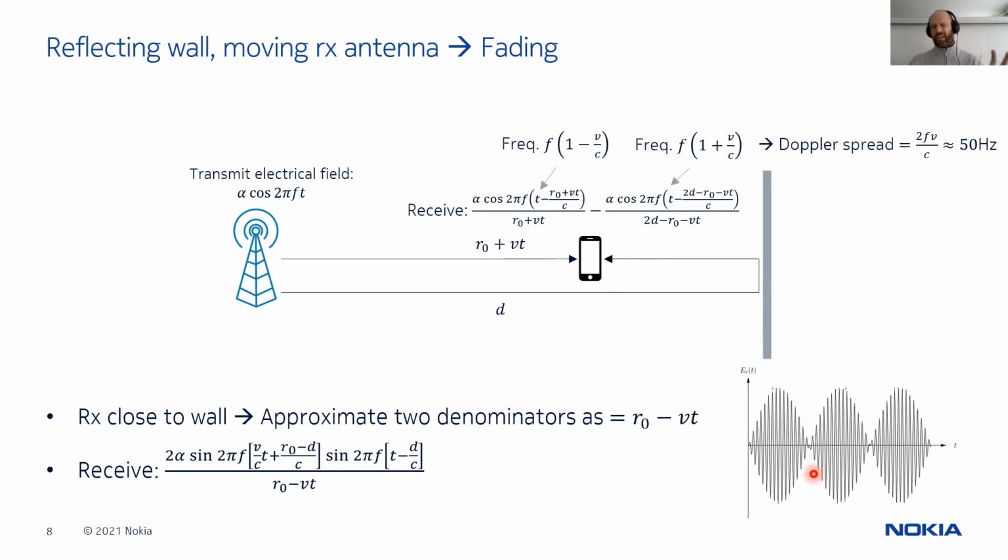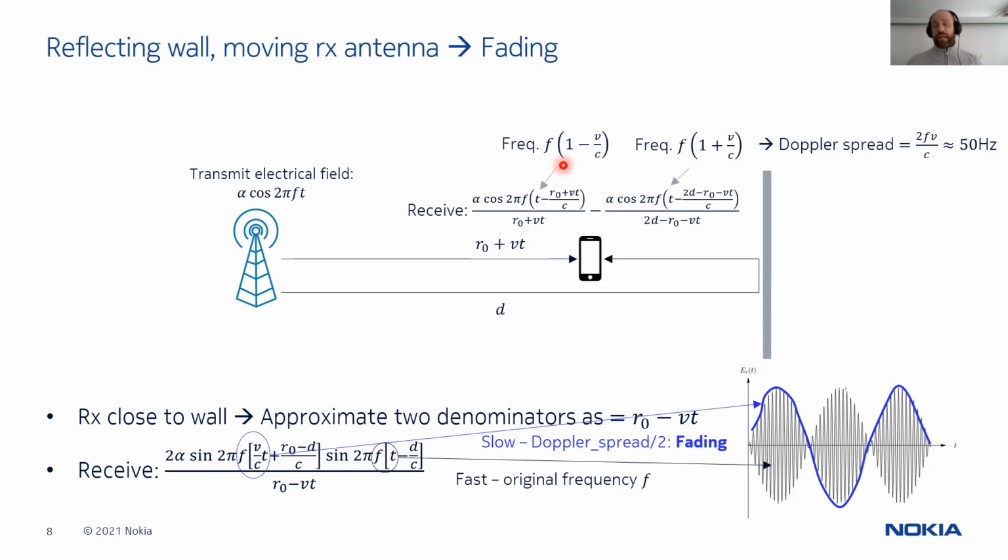Because basically, if you think about it for just a second, if you sum up two sinusoids at slightly different frequencies, then you have what is called fading. It's basically like when two guitar players are playing the same note, which is slightly discordant, and you hear something like wow, wow, wow, right? And this is basically the same effect, except that we're not hearing it, but we're feeling it through our connection.